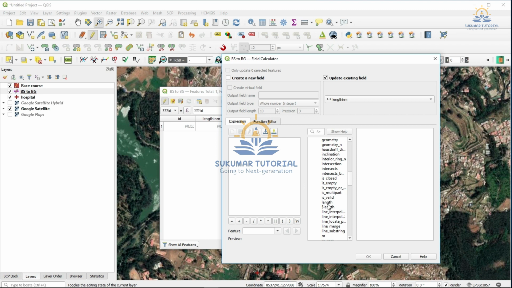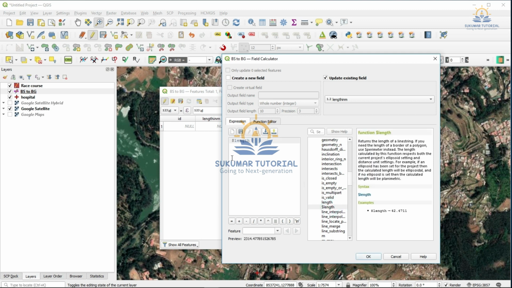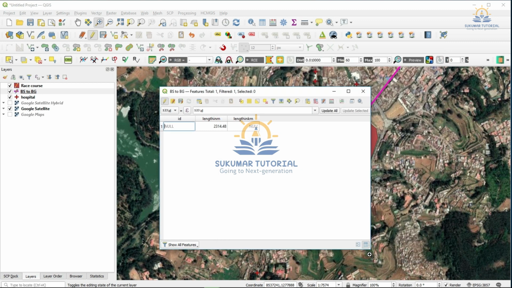See, length is there, one ordinary length is there, another one is dollar length. To measure the length, you have to click the dollar length. Once it has come here, you just say OK. See, it is 2314 meters. If I want to convert this into kilometers, I have to divide it by